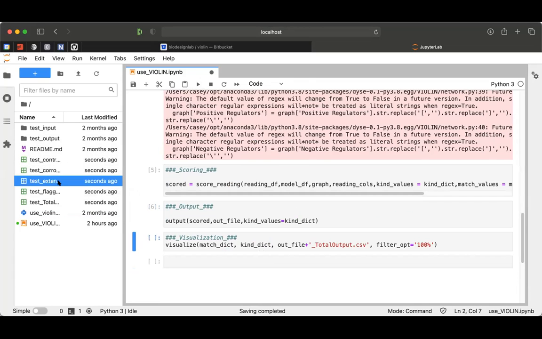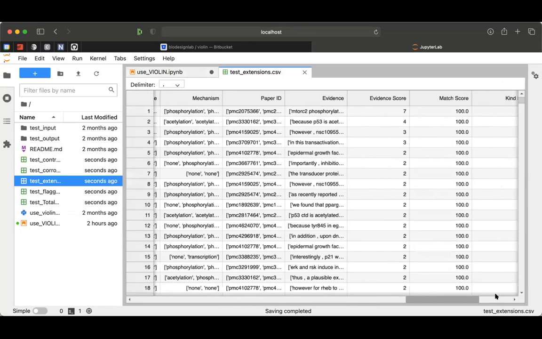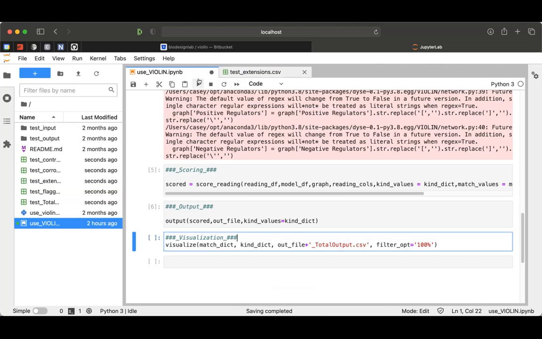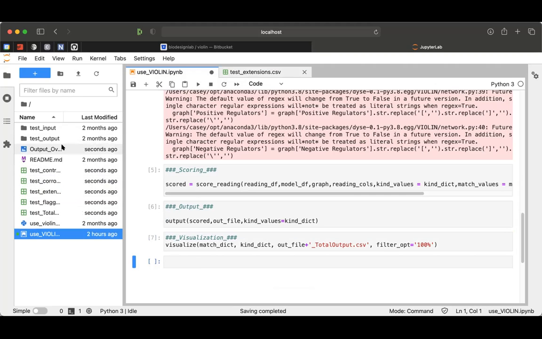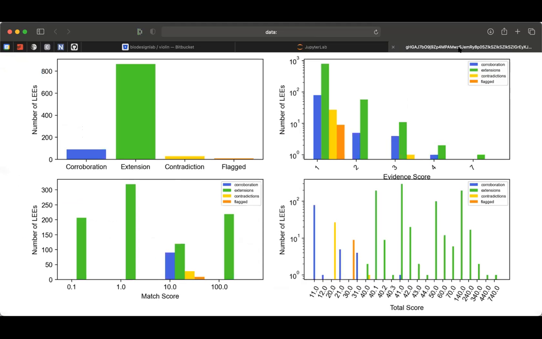If I open up one of these files, we see the spreadsheet and then the scores down here at the end: evidence, match, kind, epistemic, and total. Finally, if I go back to the IPy notebook and run the visualization function, I get a summary of the Violin output. And then we can open that image. Once it shows up, we can open it in a new tab. And we see the breakdown for the number of LEEs, the evidence score, match score, and total score for each